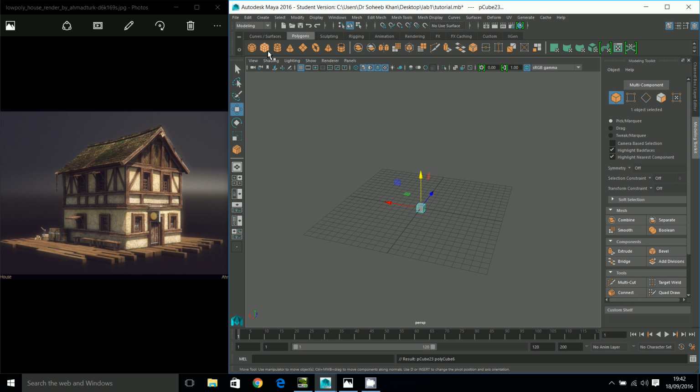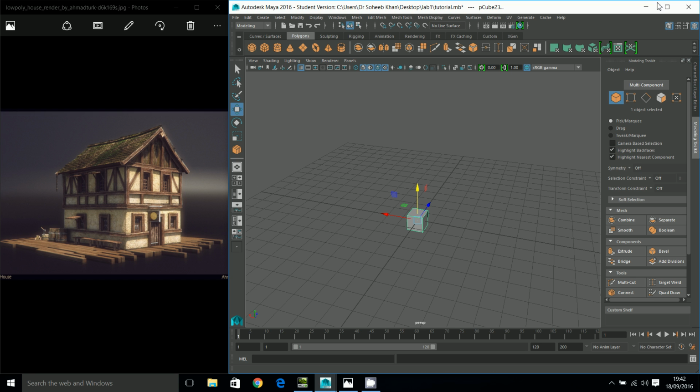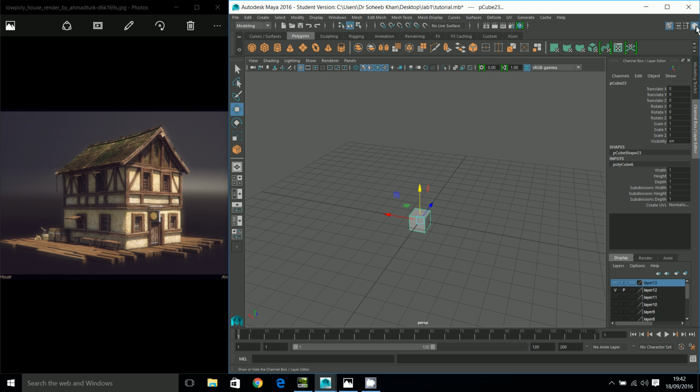So if I just click on this once, you'll see there's a box just in the middle of the grid there. If I navigate over to this channel box here, you'll see that if I double click on it, that gives me some of these options. It gives me scale, and it's set to 1 1 1. The units it's using currently are just default Maya units. It's not using millimeters or centimeters, and you can change that inside the preferences if you would like to use real world